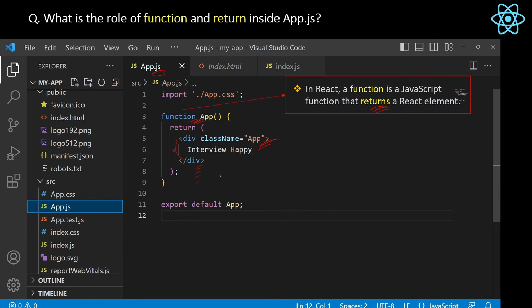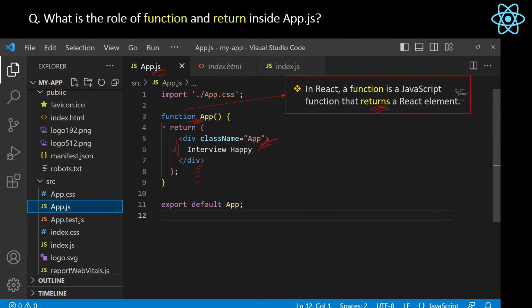React objects and React elements are the same thing. So basically the function is like the component body placeholder, okay? And return makes sure to return the element created inside the body to the single page application, to the index.html. So that is how function and return work together to send the component to the index.html file.